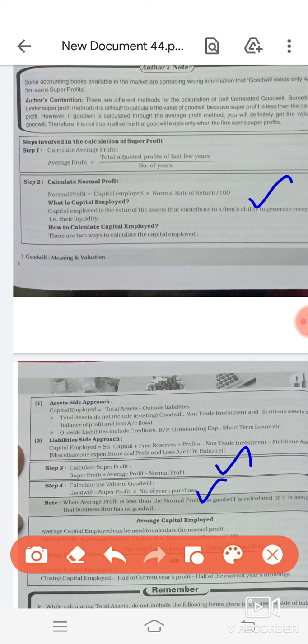So what is meant by the capital employed? It is the value of the asset that contributes to the firm's ability to generate revenue. So capital employed will increase the revenue of the concern. It is the value of the asset. In order to calculate the capital employed, there are two types of approaches. First one is the asset side approach, and next one is the liability side approach. So in the asset side approach,